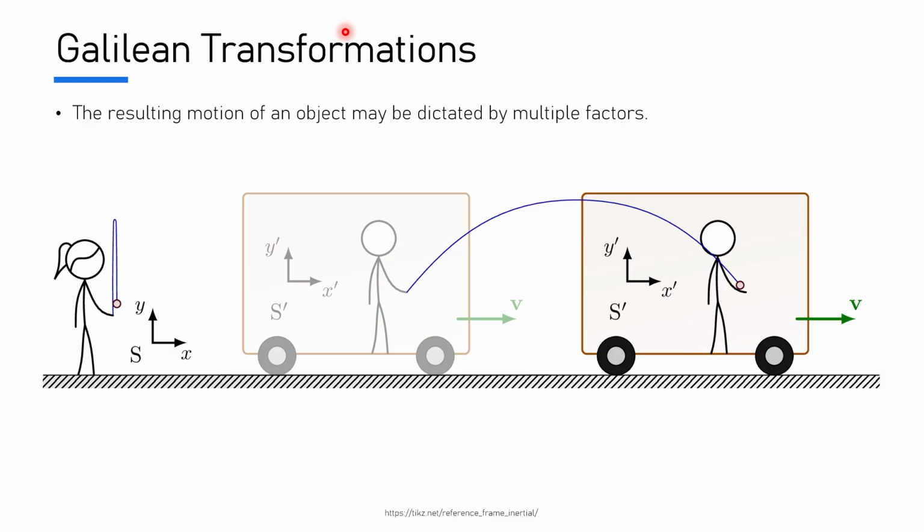Essentially, a Galilean transformation is resolving or calculating the resultant motion of an object when there are multiple factors or multiple vectors at play. Sometimes this results in motion in one direction, other times it results in motion in two dimensions. The scenario in this diagram is actually quite similar to a scenario which we'll be looking at later for one of Einstein's thought experiments, which helps to explain special relativity. I want you to imagine that you are inside a moving box, and the box is traveling at constant speed.